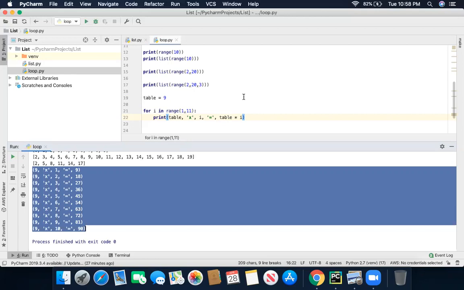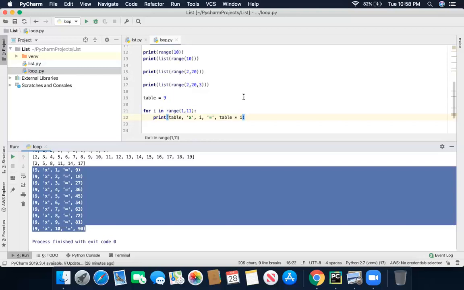Table comma base, i, comma i, table star i.